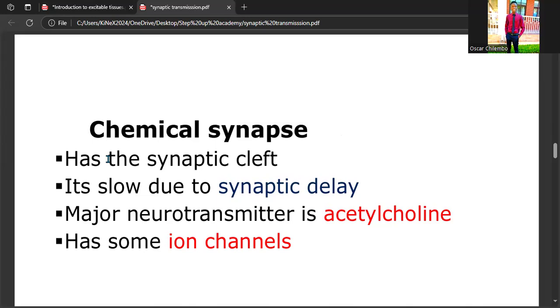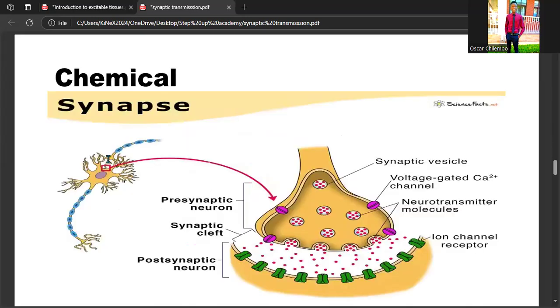The major neurotransmitter is acetylcholine, of course, and it has some ion channels. For the electrical one, it doesn't have any channel. The major way it transmits impulses from one neuron to another is just via the gap junctions. Okay. So when you look at the chemical synapse here,